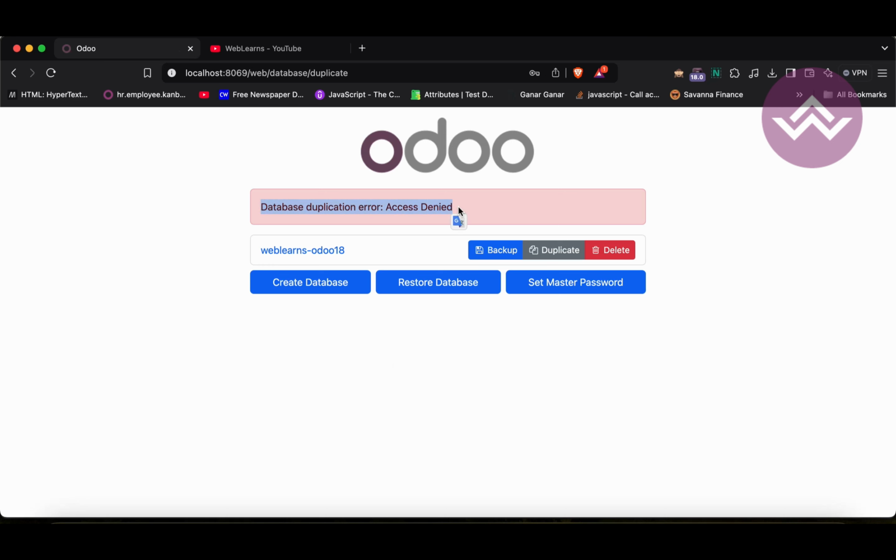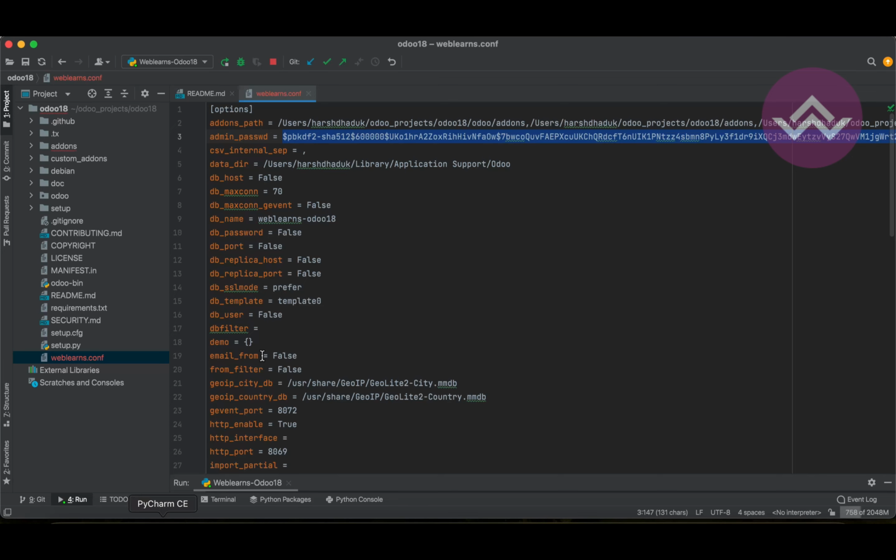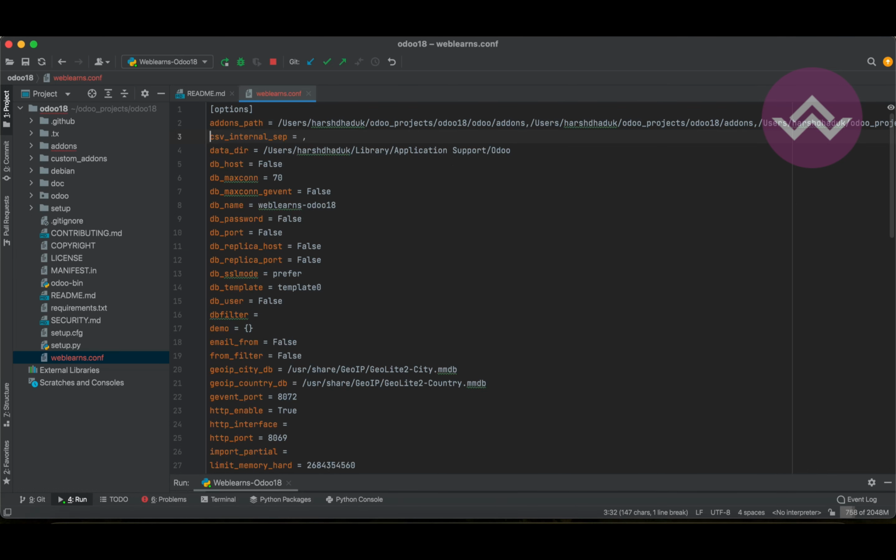Why? Because that admin is not the correct password. Now the thing is, I'm stuck, right? Whatever operation I try from here, it always says access denied because I forgot the password. So don't worry, there is a solution. You have to remove this one,